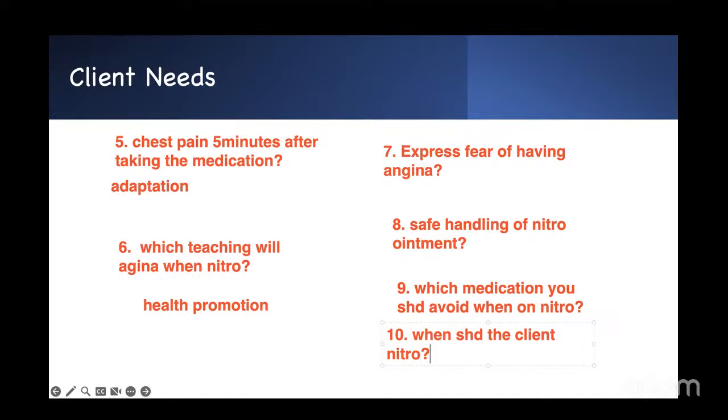You taking it before or during chest pain. And this is how, because it will work right away. This is a pharmacological question. And that's how you can teach them. You take it